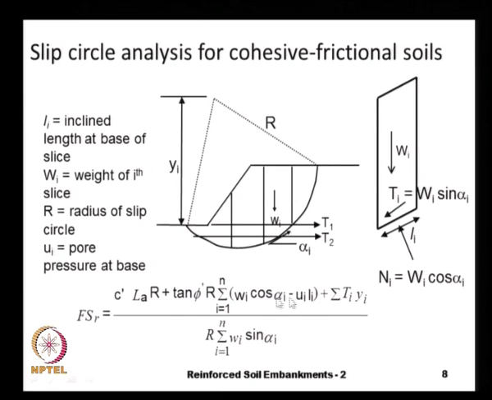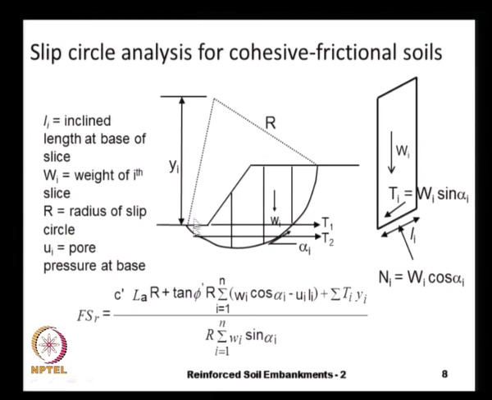And say if we are working with effective stresses, C prime La, where La is the length of this slip circle arc, multiplied by R, that is the lever arm for this cohesive force, and tan phi times Ni prime, and Ni prime is nothing but Wi cosine alpha minus U, that is the pore pressure, multiplied by the base length Li, and this pore pressure we can estimate if we have the phreatic surface, or in terms of Bishop's pore pressure parameter, we can estimate U as some Ru times W,